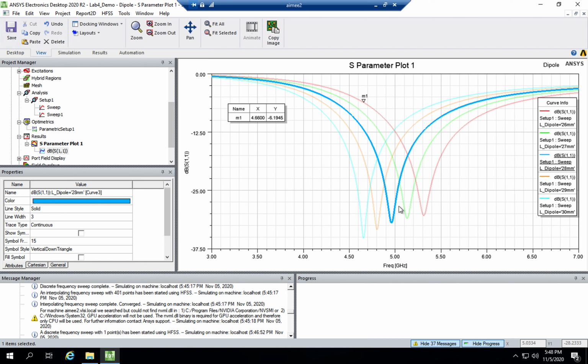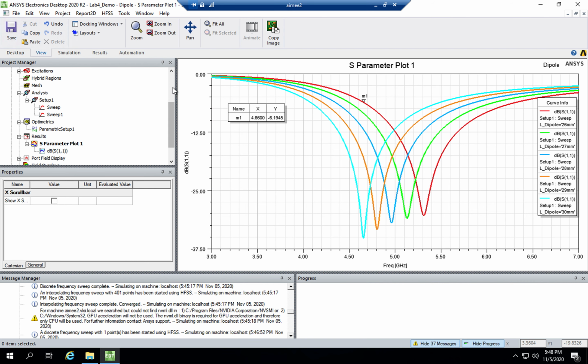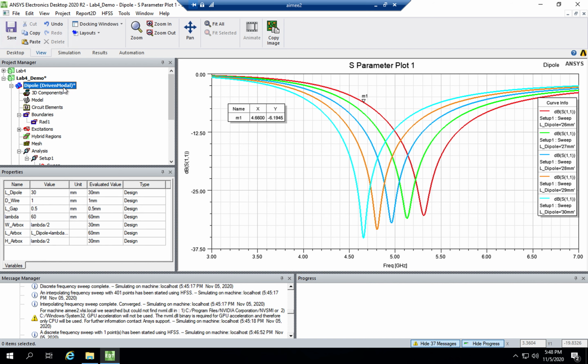So I think 28 millimeter is good, so I'm going to stick with that. So I will go ahead and change that in here, so 28. So that should change it in the model. Okay, so that would be the new length of the dipole in order to change the resonant frequency to the correct design frequency. The next question is, what's the minus 10 dB